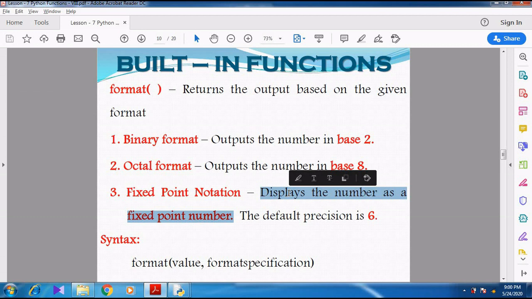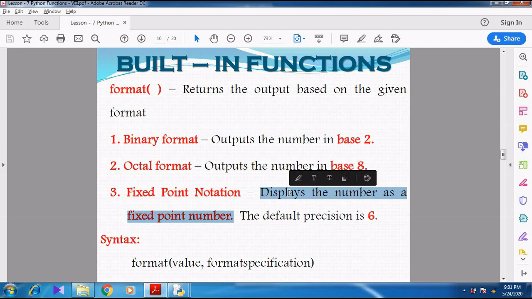If I say 15, 15 is an integer number. It's a whole number. But if I say 15.4537, then that particular number is called a fixed point number.